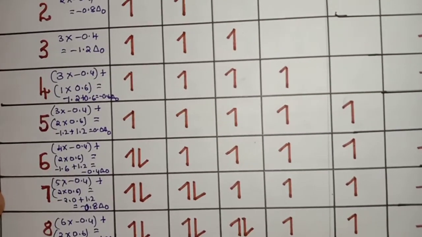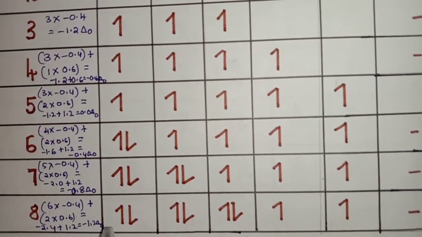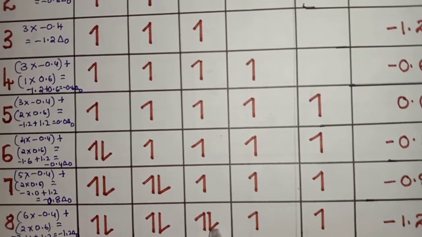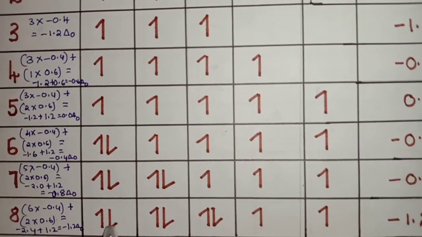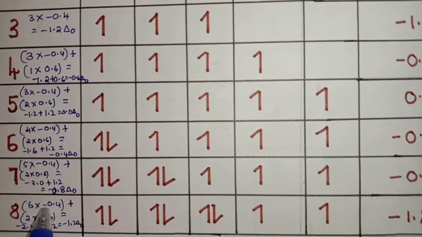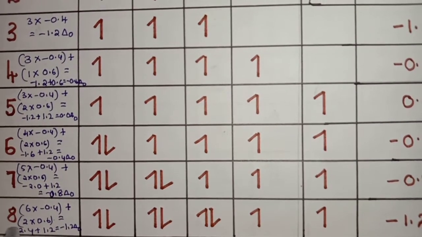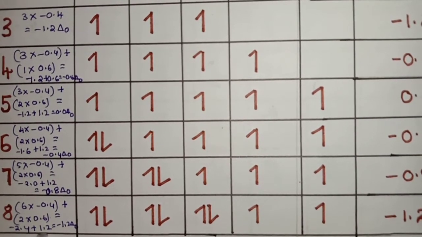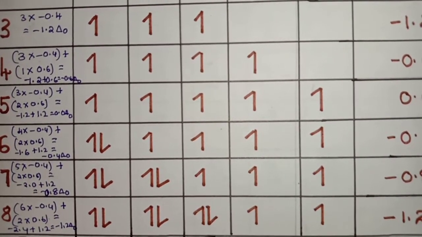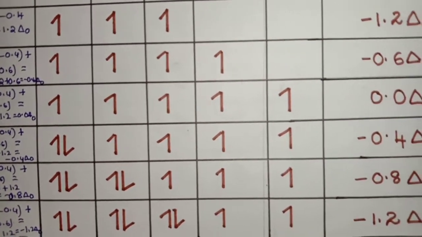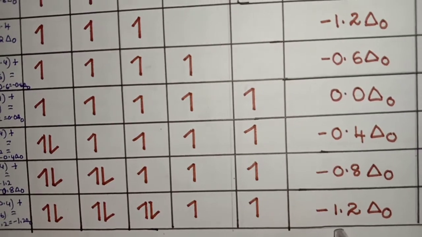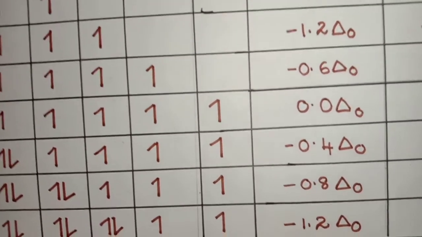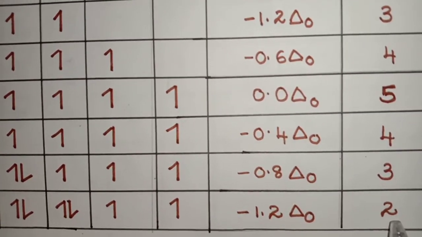Next, coming to number of electrons in d orbital. If it is 8, 1, 2, 3, 4, 5, 6, 7, 8. Okay. So total number of electrons in T2g: 1, 2, 3, 4, 5, 6. So 6 into minus 0.4 plus 2 into 0.6 is equal to how much? Minus 2.4 plus 1.2, so 2.4 minus 1.2 is 1.2, that is minus 1.2 delta O units, which I have mentioned here. Count the total number of unpaired electrons, 1 and 2, that's what I have shown here. Okay, so that is 2 unpaired electrons.